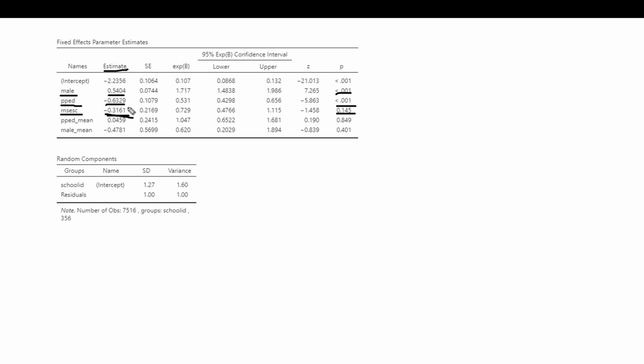Because that coefficient is negative, let's just quickly interpret that to mean that had that been significant, that would be an indication that students attending schools that were higher in average socioeconomic status would have been less likely to be retained than those students in schools with lower average socioeconomic status. You can see that our